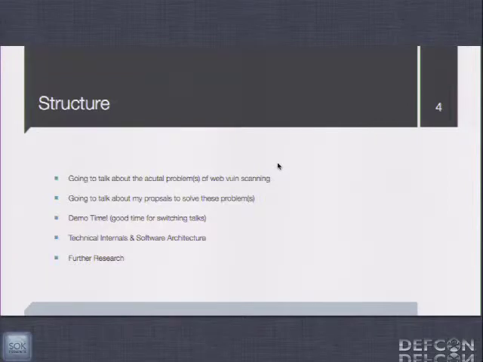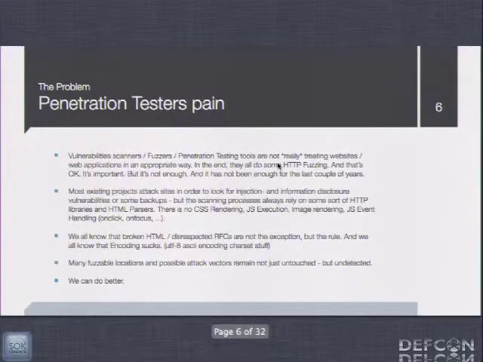How many of you are penetration testers or actually worked in that space? Could you raise your hands? I thought so. So a lot of you. You know the tools out there, you know what they do, you know how automated they are. And you also know that during a penetration test, we can't really rely on one tool as the final and the only solution for web apps, because